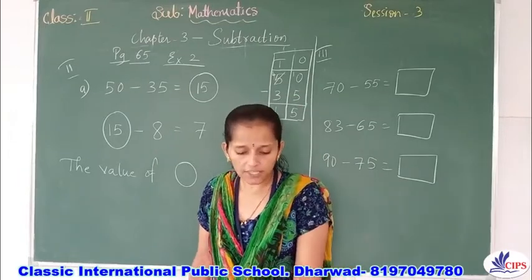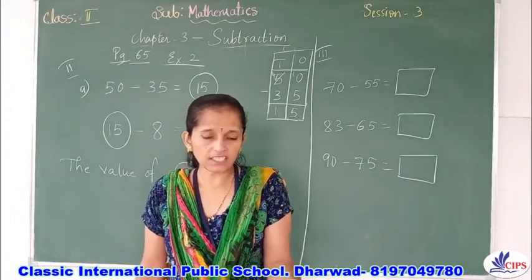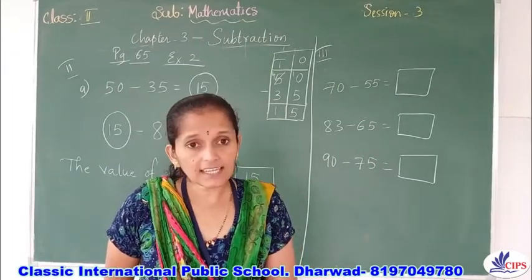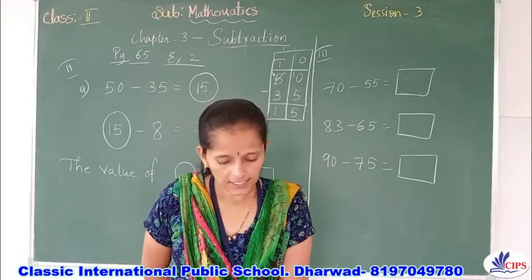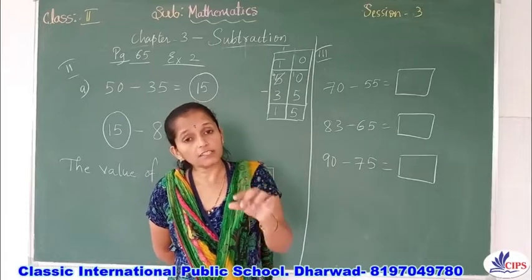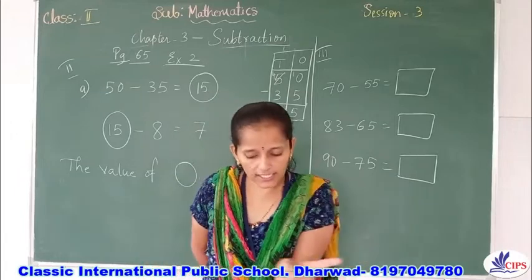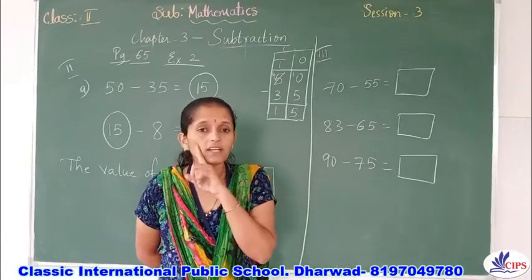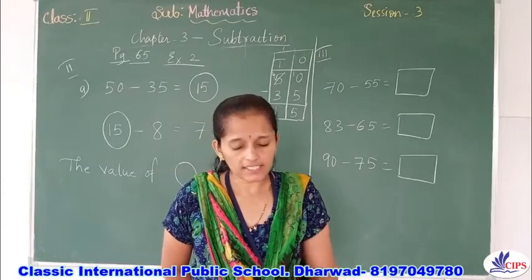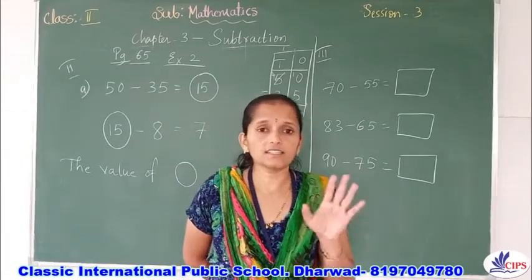Means you just check where you got the answer as 82. Somewhere you will get 82. That letter in front, you write in the box. So if you do all the subtractions correctly, you will get the letters there. If you arrange those letters in the answer boxes, you will get one animal name. That animal name you have to find. It's very easy. You will get the correct animal name only when you do the subtraction correctly.